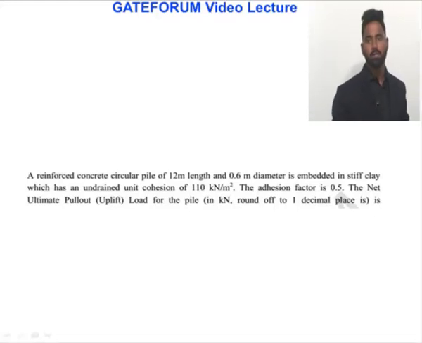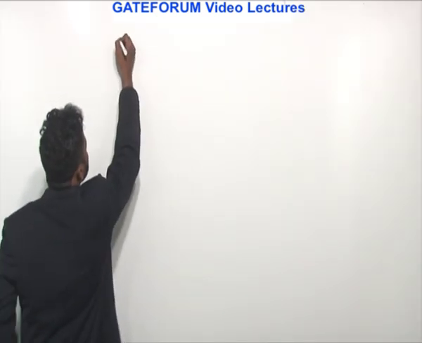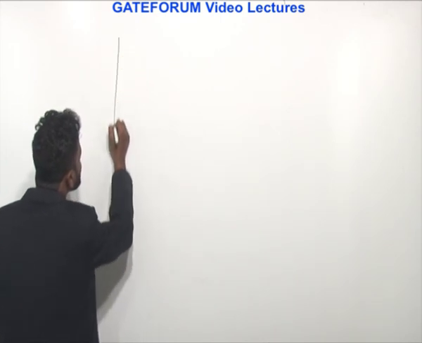Meters length and 0.6 meters dia is embedded in a stiff clay which has undrained unit cohesion of 110 kilonewton per meter square. The adhesion factor is 0.5. The net ultimate pull-out uplift load for the pile is. So what he said? He said a circular pile